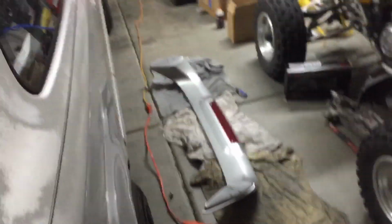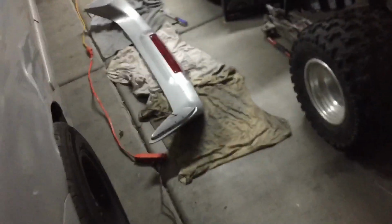Okay guys, I finally got her all drilled up. I don't like drilling holes in my stuff, but I feel that this is actually worth it. Now what I'm going to be doing next is test fitting it, and if it fits well, then it's going to be permanently installed. I also went ahead and